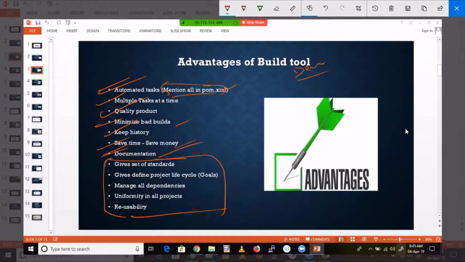Documentation in the sense that we have proper documentation with respect to Maven. If you go to the Maven website, they have provided clear steps on how to use Maven. It's very, very easy. For each and every point I have different slides. I'll explain this, including pom.xml, which I'm also going to cover.